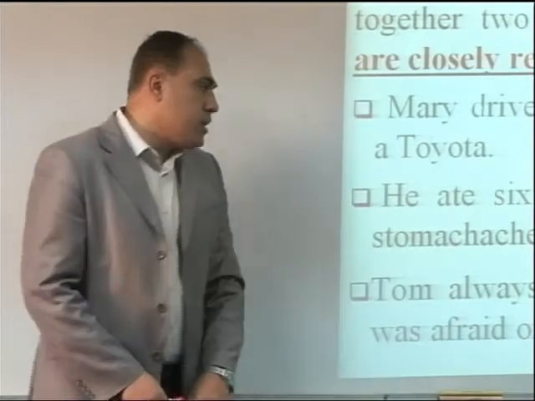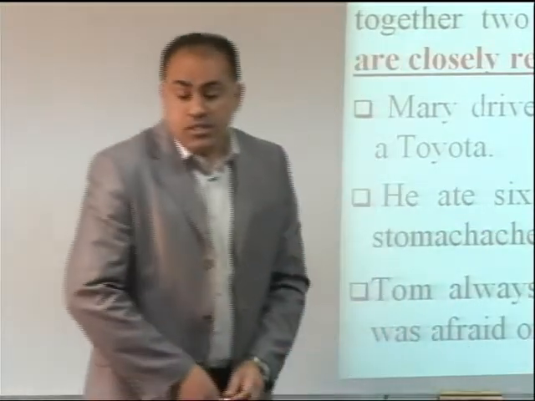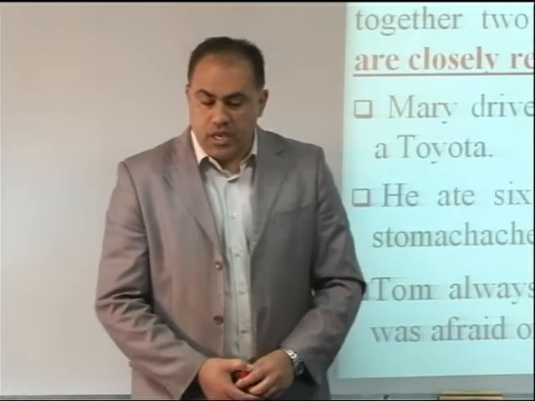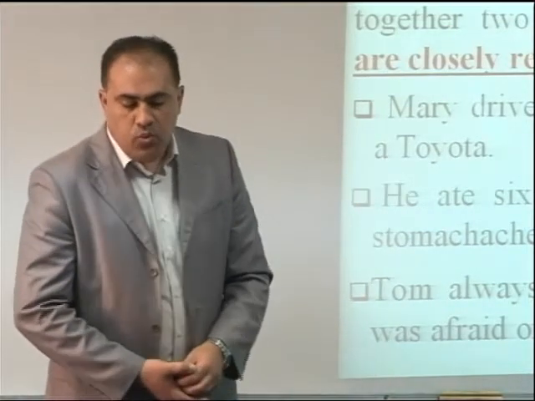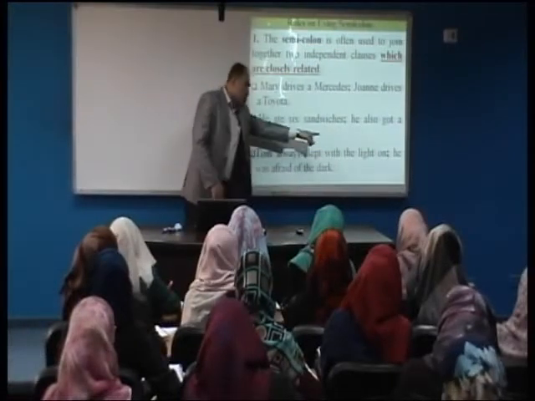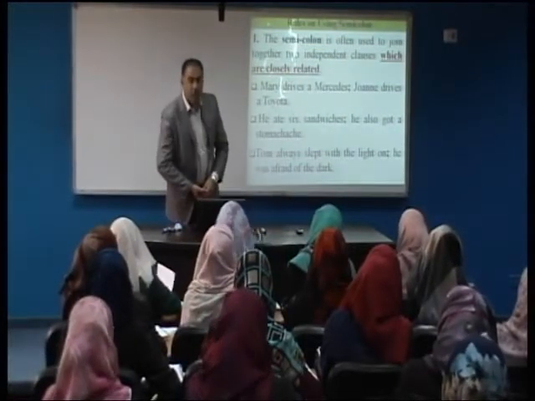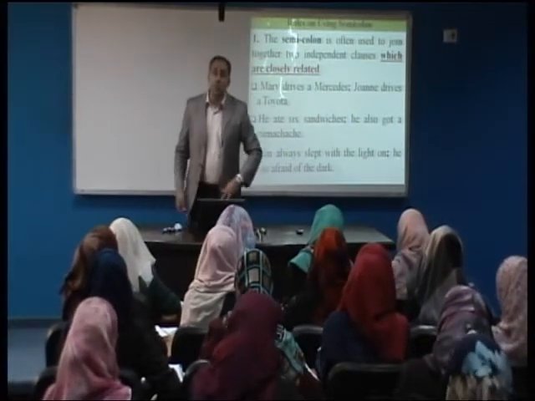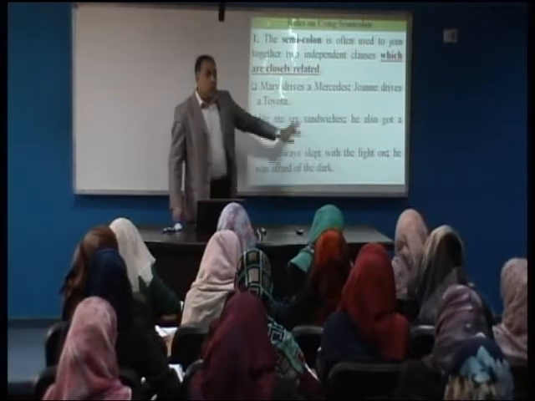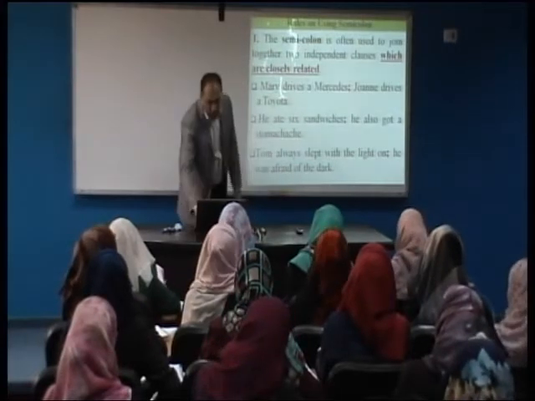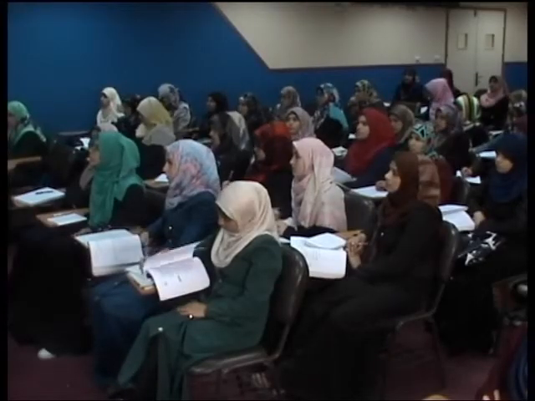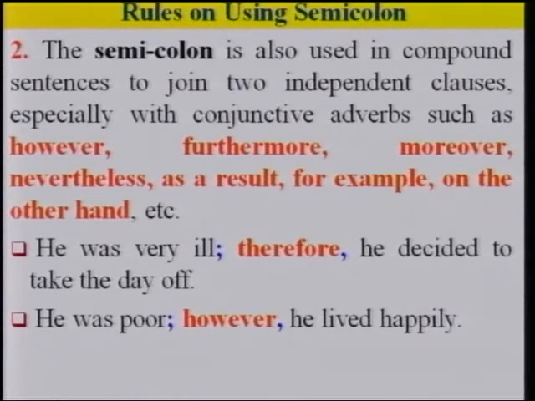For example, he ate 6 sandwiches, semicolon. He also got a stomachache. Or Tom always slept with the lights on, semicolon. He was afraid of the dark. So the first use is whenever I have two independent clauses which are related in meaning, I can use a semicolon. A second use is we have something called conjunctive adverbs, the likes of however, furthermore, moreover,